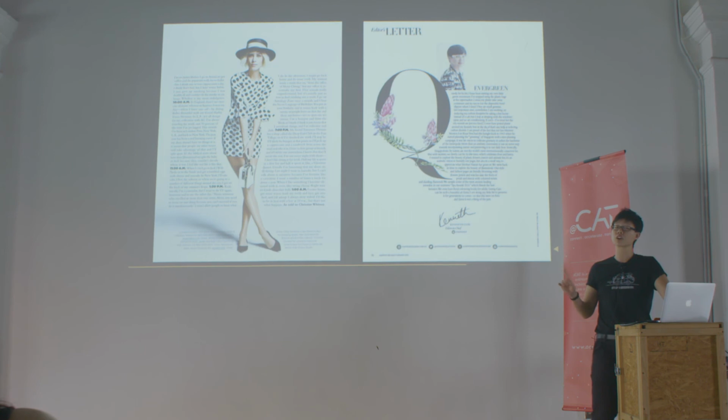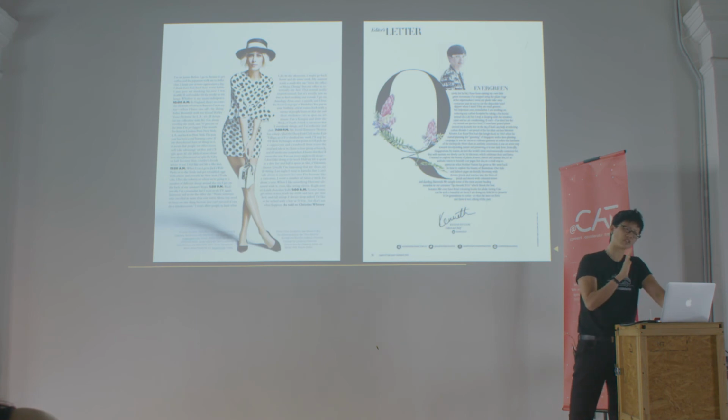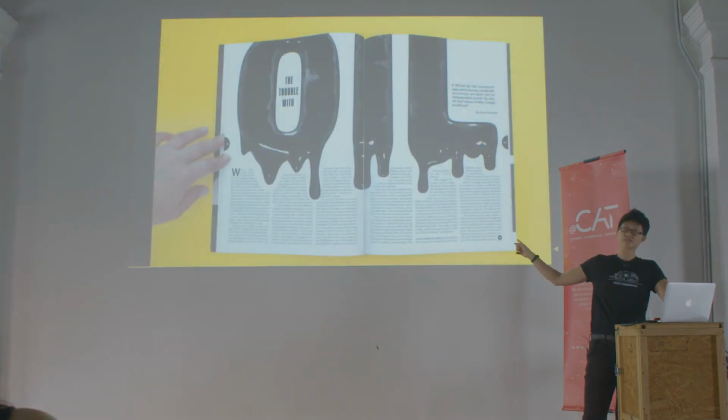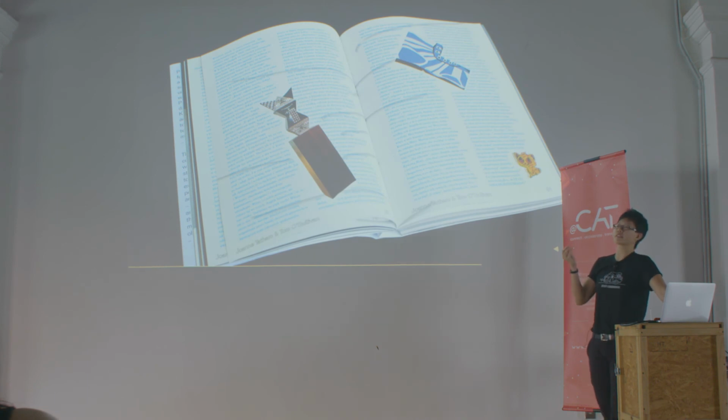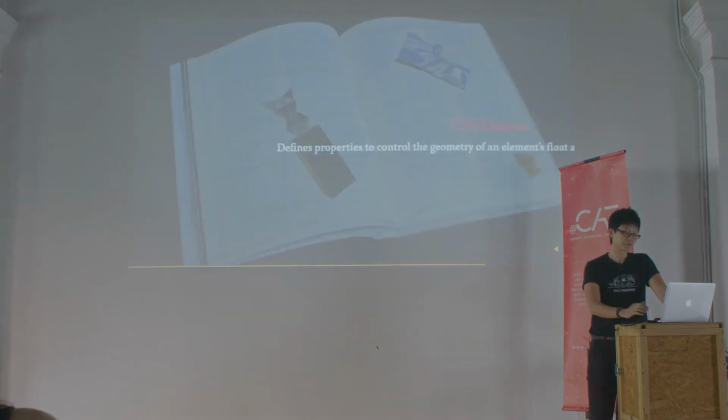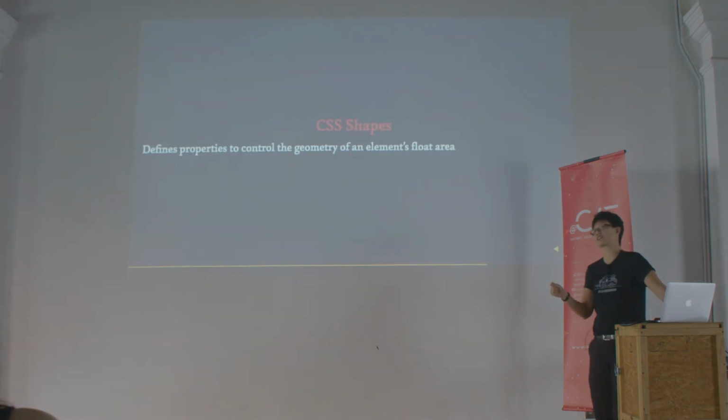Magazine layouts are also chock full of interesting text flow shapes. And maybe we see this a bit more in fashion magazines, but these layouts are not restricted to those types of publications, because this one is from Bloomberg Business Week. Sometimes newspapers will do it. The idea is to let the text flow around something so it's not laid out in a rectangular shape all the time. The CSS module that allows us to do this on the web is called CSS Shapes.